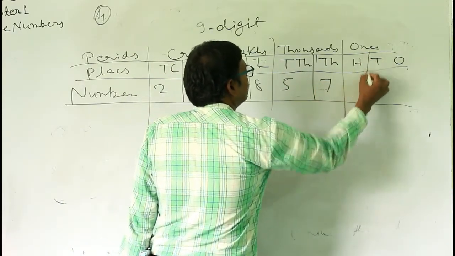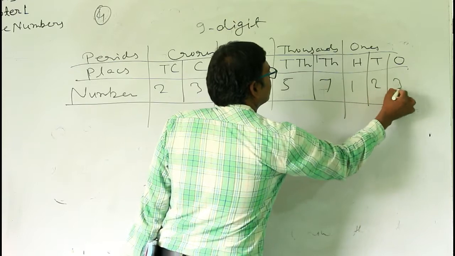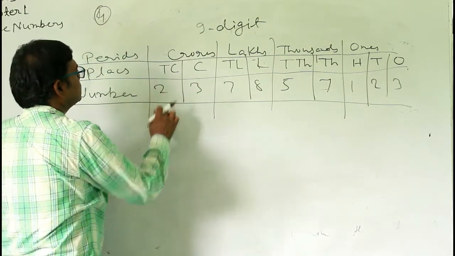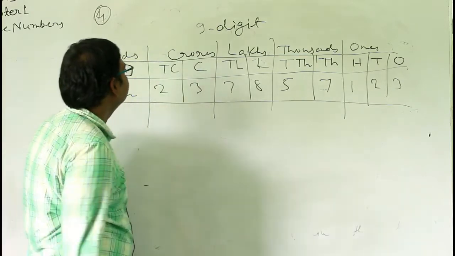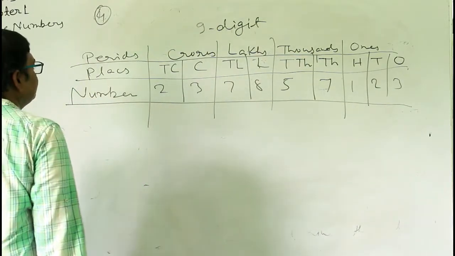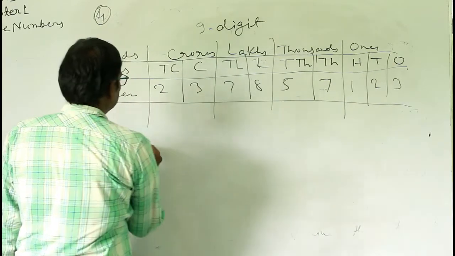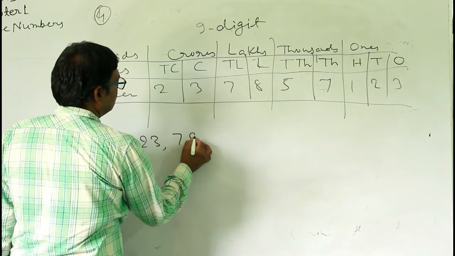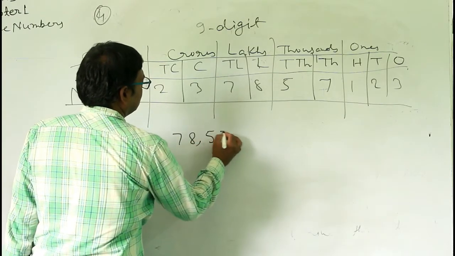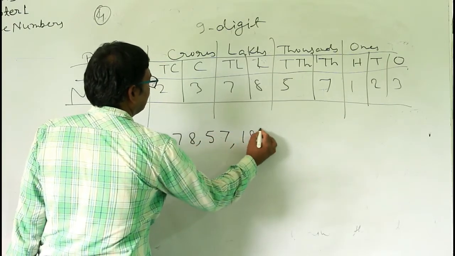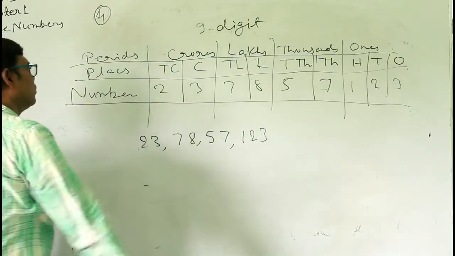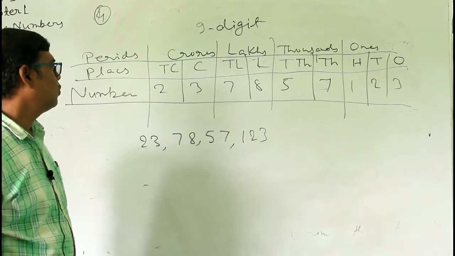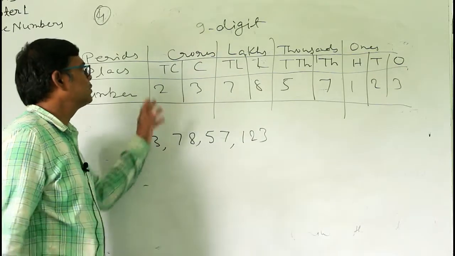So this number will be read as 23 crores and 78 lakh 57,123. This will be read as 23 crores, 78 lakhs, 57,123. So remember this, you must remember